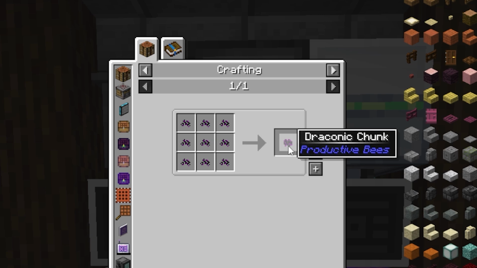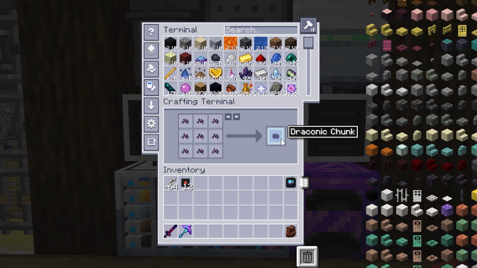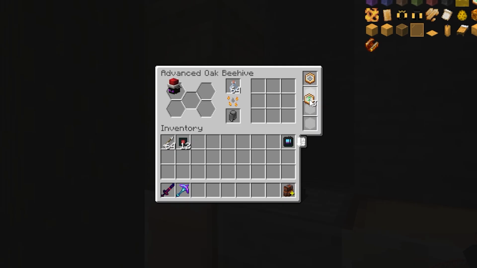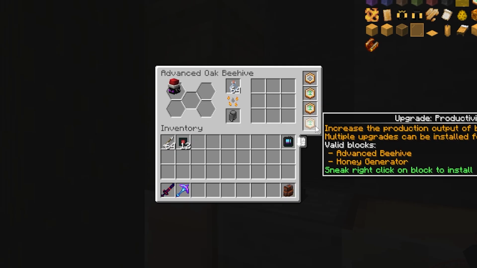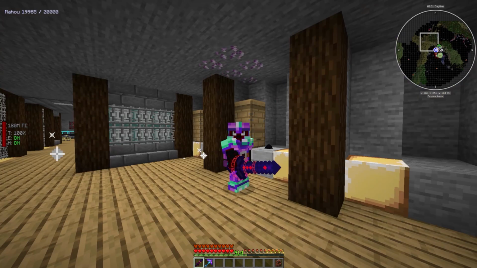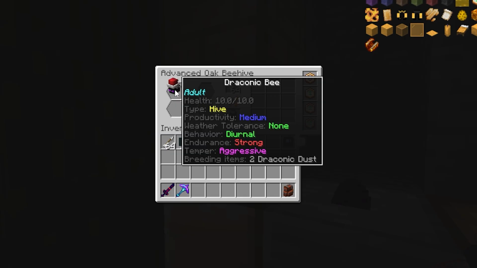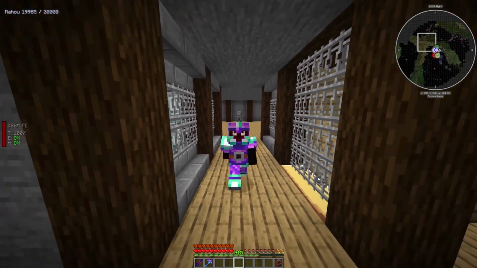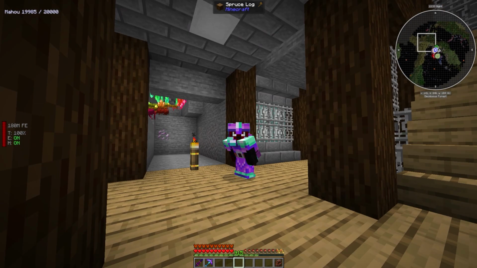Then all we have to do is make the draconic chunks out of the dust. Then we can make our first few upgrades. And I will go ahead and throw all 3 into the same beehive, as each one of them gives a 120% speed upgrade. So that one beehive should be 360% faster, and we can actually still improve the bee itself. But I don't actually want to use any of the bees we have now, because we'll actually lose them in